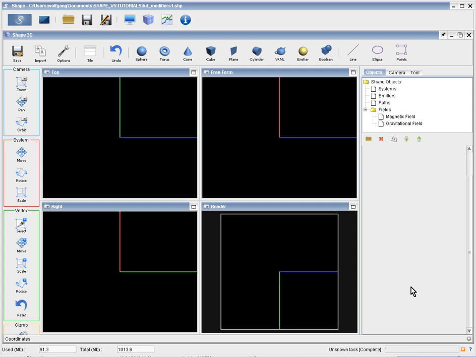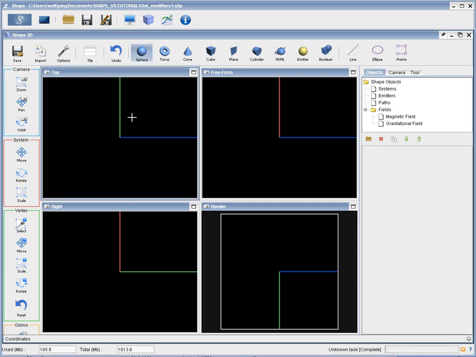Hi, this is the first video tutorial on Shape version 5 that deals with modifiers. Modifiers are a very important part of Shape, and they are part of the properties of any object and determine mainly their geometry, velocity field, density distribution, and other properties of every object. So we're going to go into quite a bit of detail about this in several parts, and this is the first part on modifiers. Let's begin with a new object creating our traditional sphere,